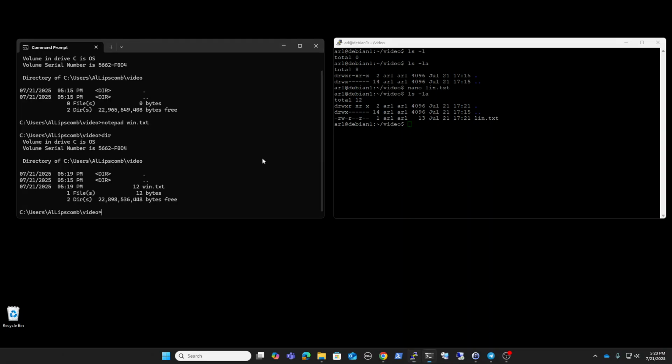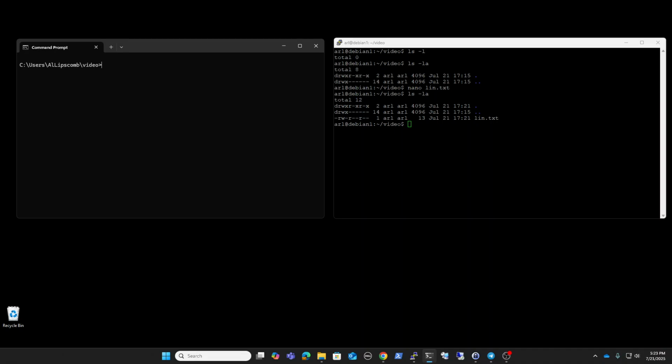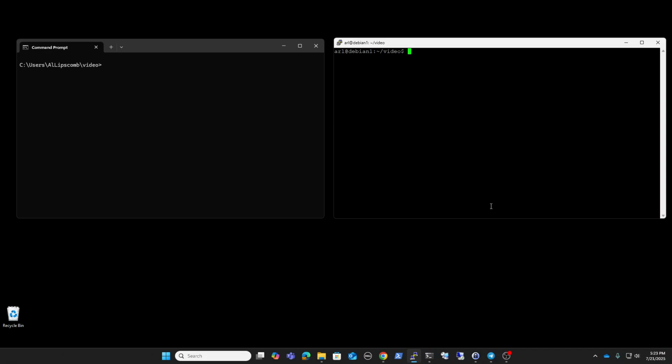So I'm going to clear the screen. Over here on the command prompt side, I'm going to enter CLS for clear screen. On this side, I'm going to type in clear to clear the screen, okay? All right. Now,